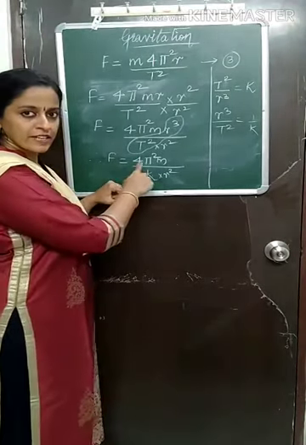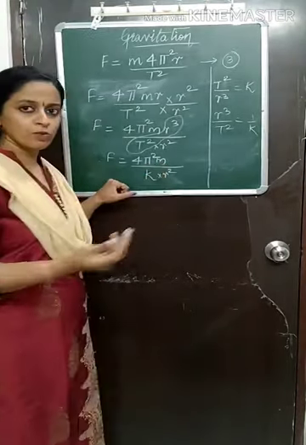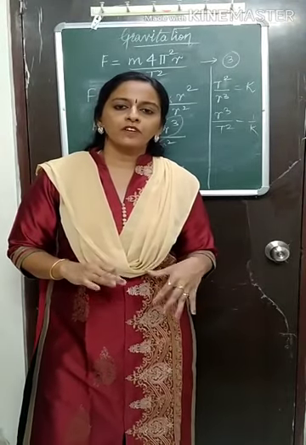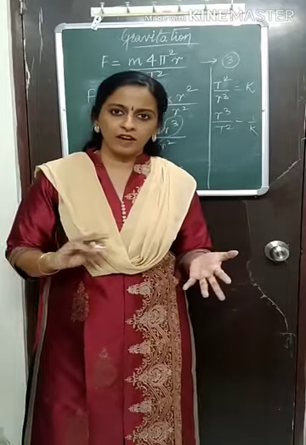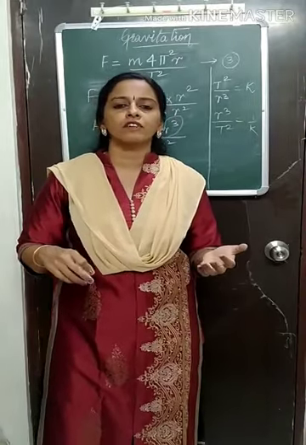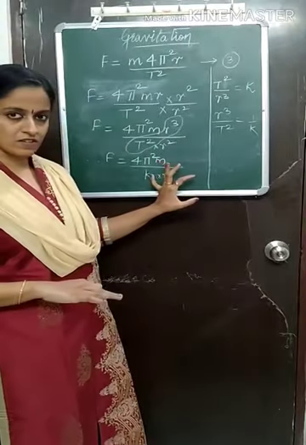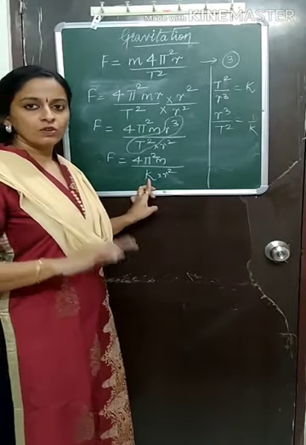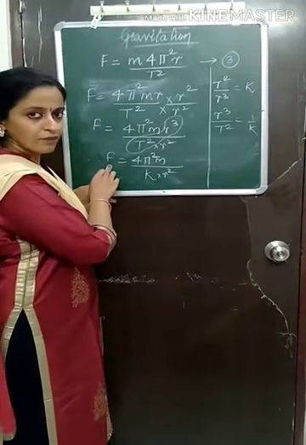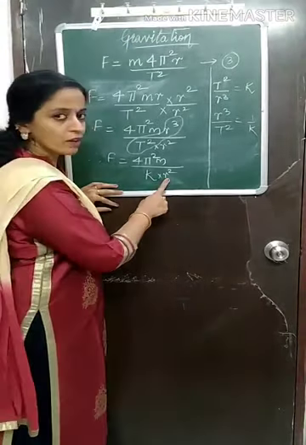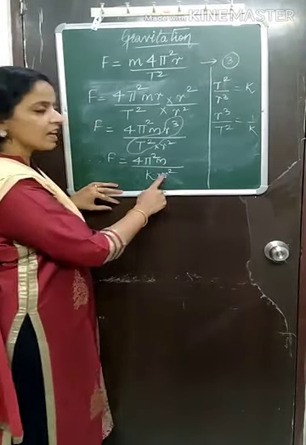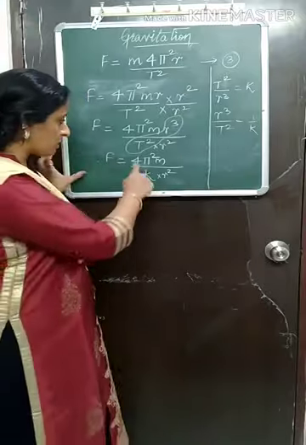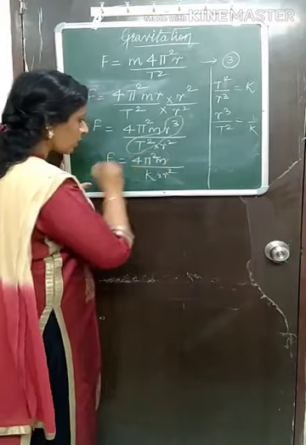Here 4 is a constant, pi is a constant, and the mass of the object? Every planet has a fixed mass. For example, if you are talking about Earth, the mass is somewhat fixed. 5.9 we round it off and take it as 6 into 10 raised to 24. So the mass of the planet is fixed, so this is also a constant. Pi is constant, 4 is constant, k is also a constant. So what is changing? Centripetal force depends upon the square of the distance between the planet and the sun, which is called r. So from this we can conclude that this whole thing is a constant.